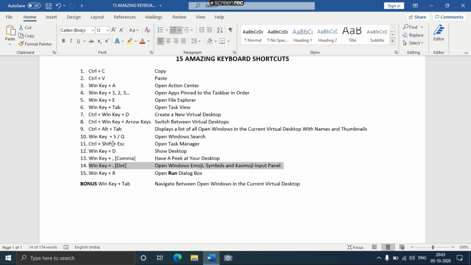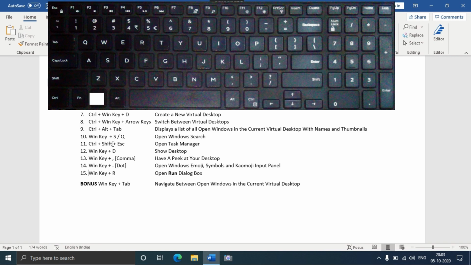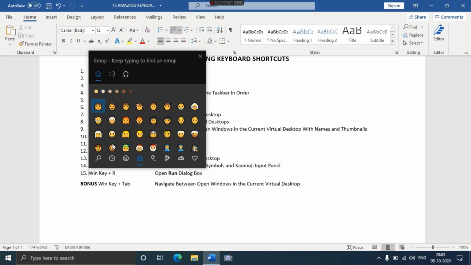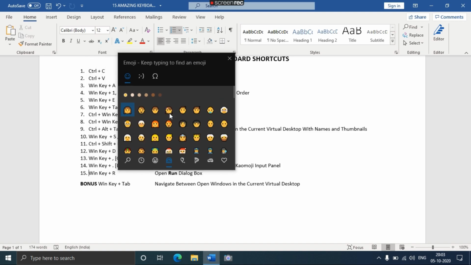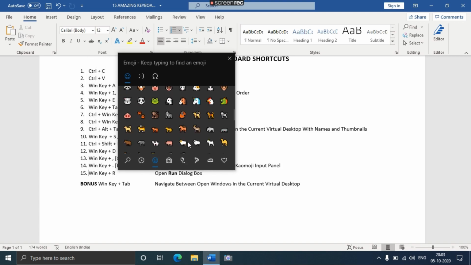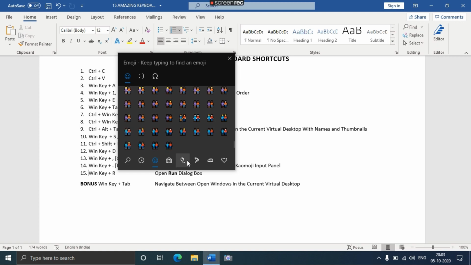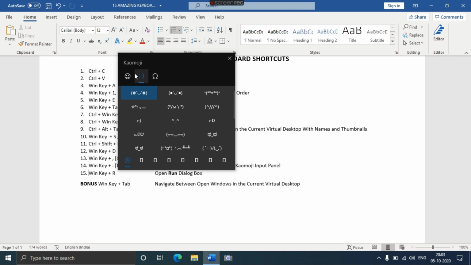Now Windows key plus dot opens the emoji input panel. Like I press the Windows key and dot key together. So my emoji panel has opened. I have a whole lot of emojis here. See, I can scroll, many groups. This is a kind of cow emoji. It uses different types of characters to express different feelings.